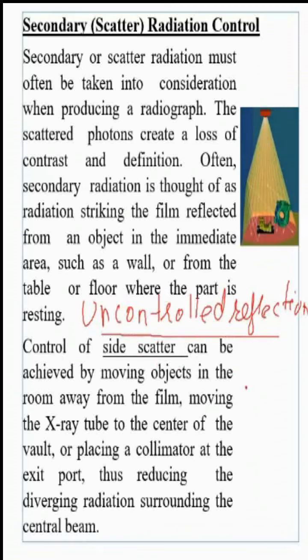So scattering is, this is your source, this is the job, and this is the film. Scattering happens in three areas. When the radiation strikes over here, it goes ahead, but there can be some scattering from this face. Also, when it strikes the film, it doesn't stop there. This is the base or ground. If it can pass through this job, it can also pass through the film. So it will go out of the film, touch the ground, and again come back.